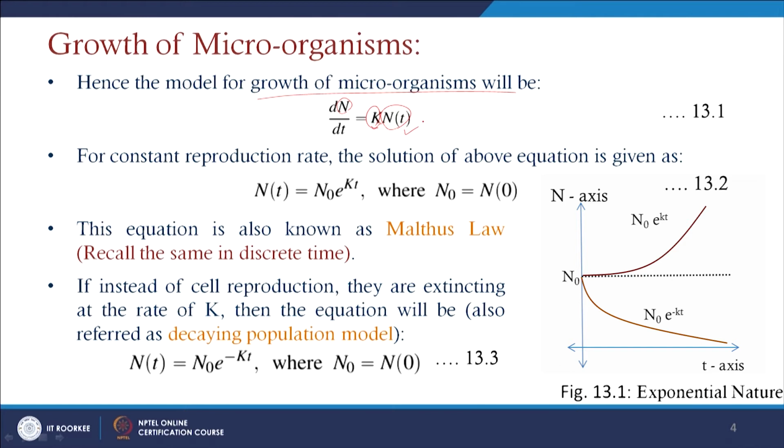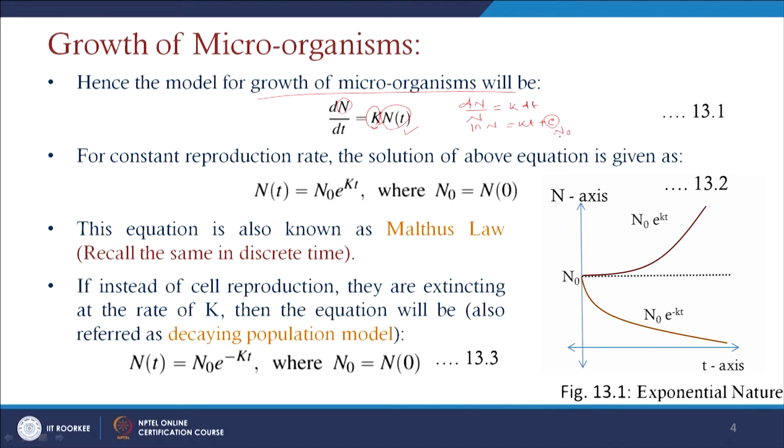So, if you consider that this reproduction rate is constant, that is k is constant here, then the solution of the above equation, we can write as dn by n equals k dt here, and then we can write ln of n equals kt plus c, where c is an arbitrary constant. This arbitrary constant we can assume as, suppose, n0 here, that is the total number of population